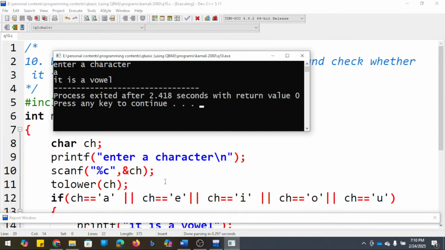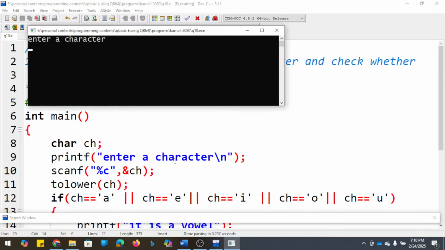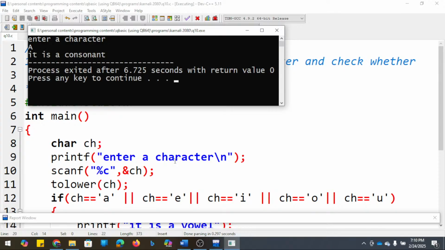It is a vowel, but it is saying that it is a consonant.